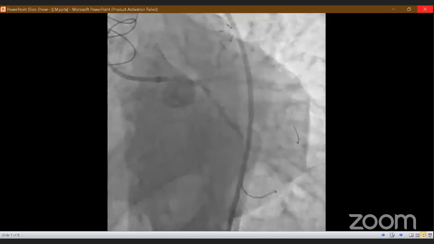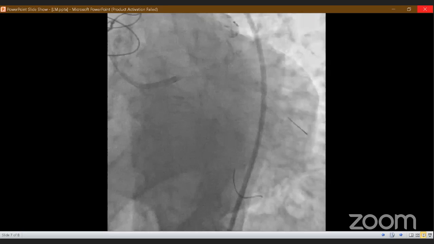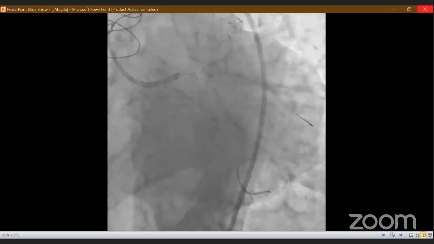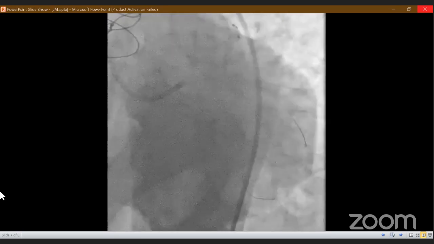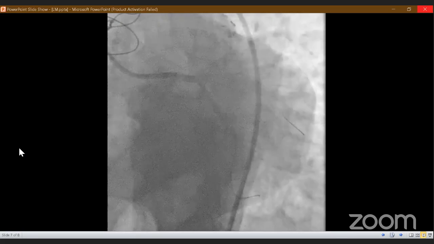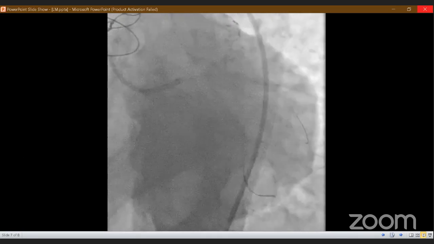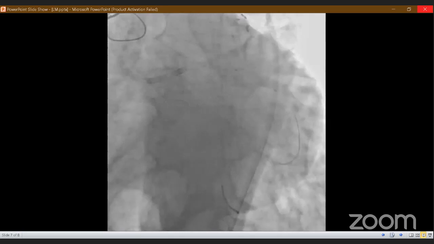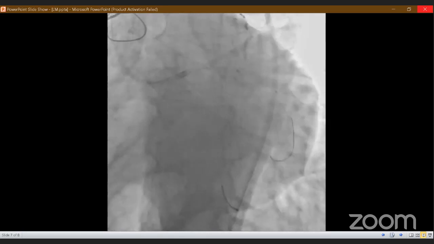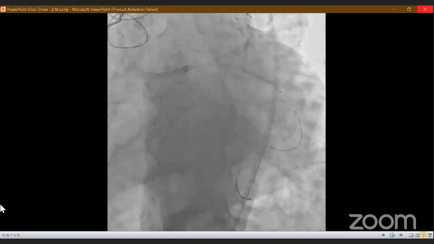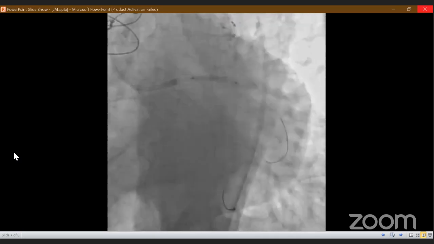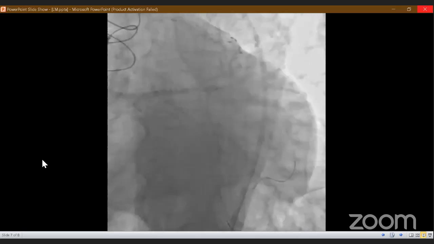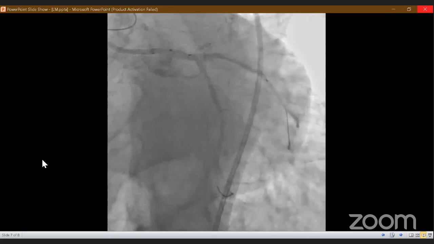So here, this is a protected left main distal bifurcation intervention. The LIMA to the LAD is patent, so no need to go for any intervention or even trying to wire the LAD. This is pre-dilating the ramus with a 1-to-1 balloon, and then we did the mini crush